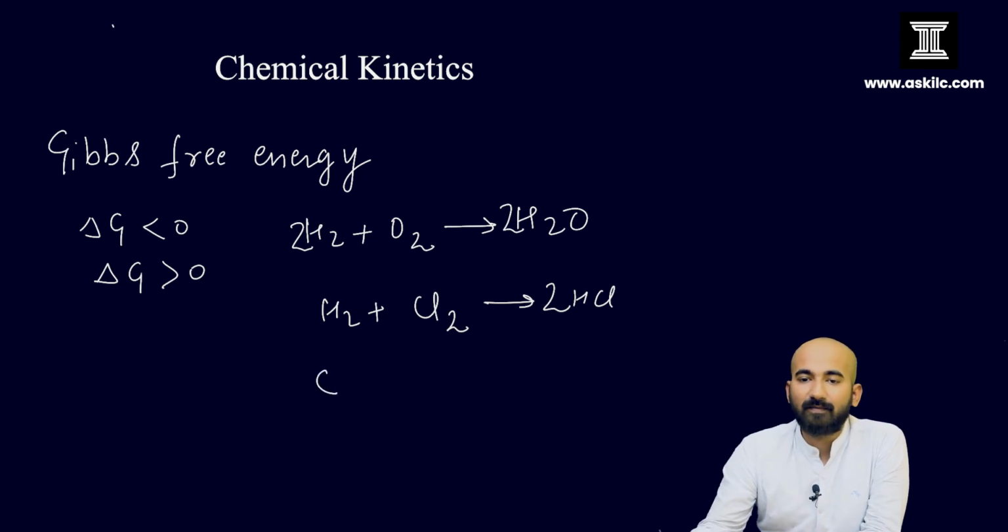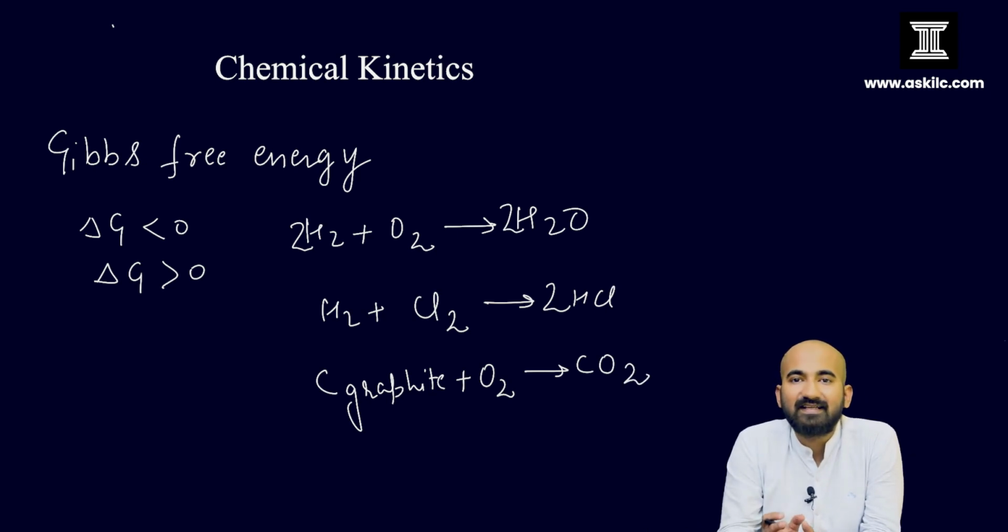Or say for example, carbon in the graphite form should combine with oxygen and give you CO2. This also doesn't happen so often. So why is this not happening? Thermodynamics tells you it should happen. It is very much feasible, but why is it not happening as often as you would like to see without any help? The reason for it is chemical kinetics. So we will study the reason here why this is not happening, because these reactions are so slow that for them to happen it will take a long time. That is the reason we don't see them so often happening in the atmosphere.